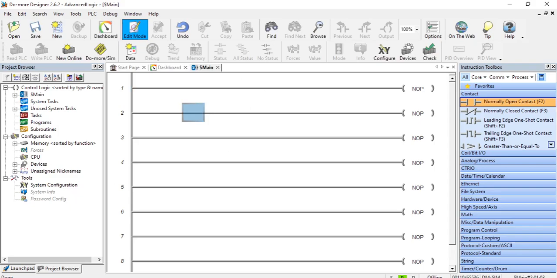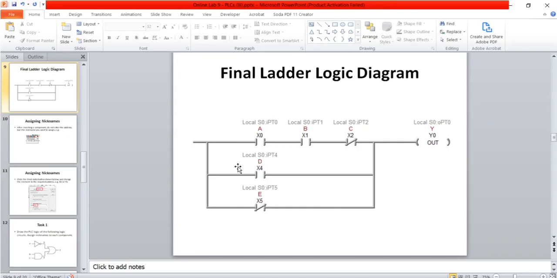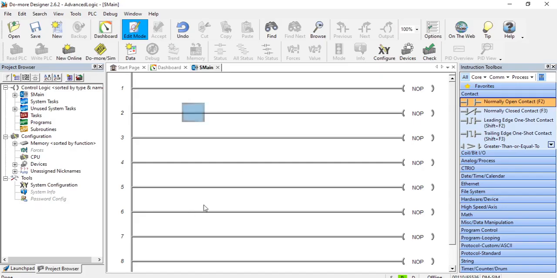The first step I should do, if you've noticed, is that I've given names to my addresses. So A, B, C, D and E, and that is actually very useful to do, and you can simply do that by dragging your input over here, and instead of writing the address, you can simply write the name. So you can write input 1, and in this case I will simply write A. I'll press enter,